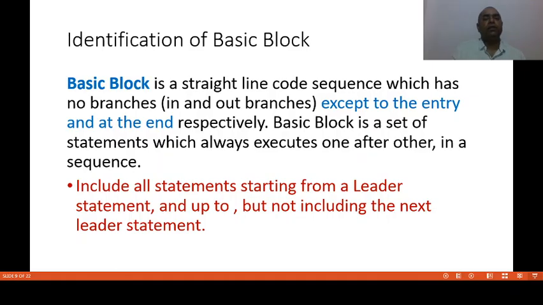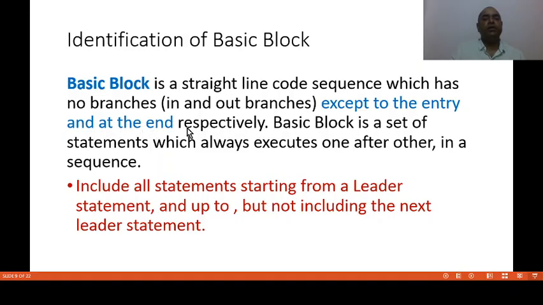Now the next topic is identification of basic block. A basic block is a straight line code sequence which has no branches, in and out branches both, except to the entry and at the end respectively.